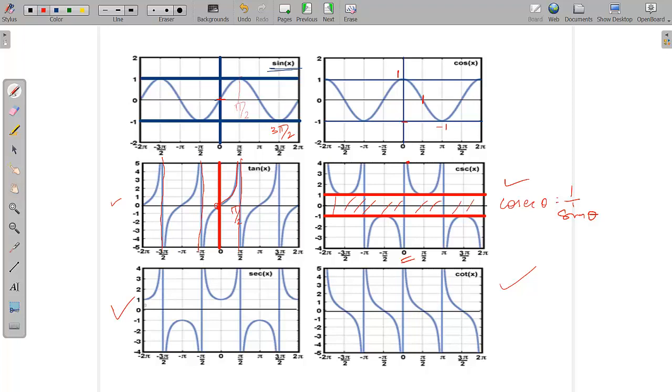Similarly with the sec also. With the sec, you will find that the value doesn't come inside the minus 1 and 1 line, as with its parents. Parents means the sine and the cos. So sec is opposite of cos, and you will find that it is not coming inside this minus 1 and 1 line. It goes beyond it, and it also goes to infinity. So cosec 0 is infinity, and cosec pi by 2 is 1. It reaches from infinity to 1, but again reverses back, in a U kind of shape, somewhat parabolic. So this way.